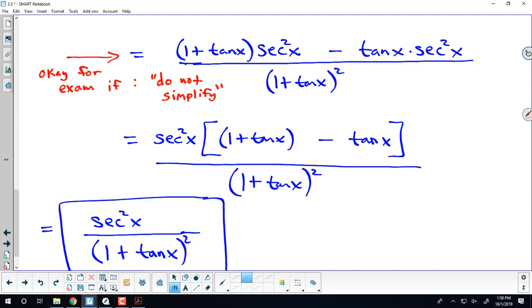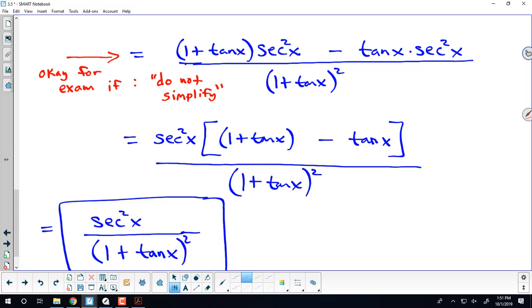Denominator on your final answer? Where? Down here? Yeah, that's correct. We never did anything with the denominator after we took the derivative. Because the derivative of the quotient is just the denominator squared, right? So that's our denominator squared. Oh, 1 plus tangent minus tangent. The tangent